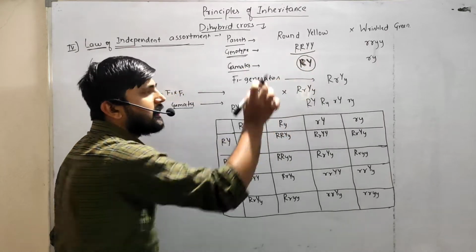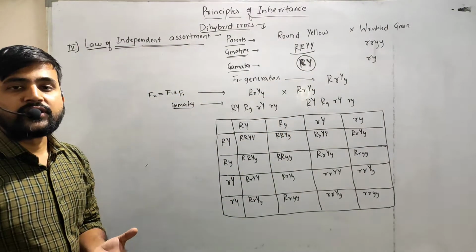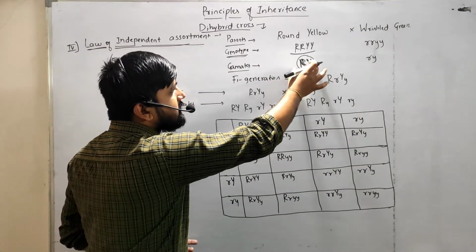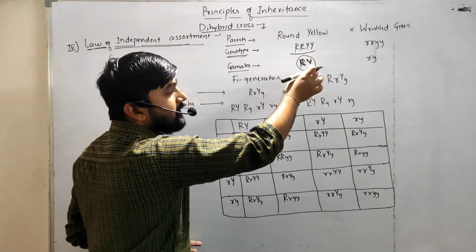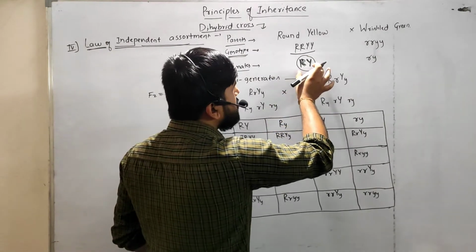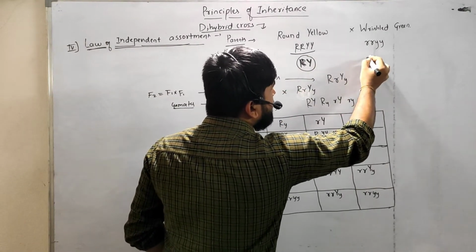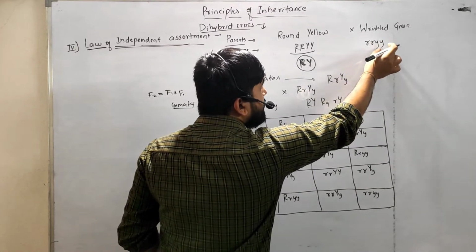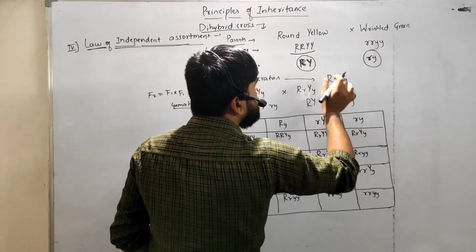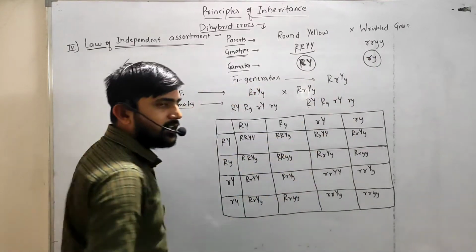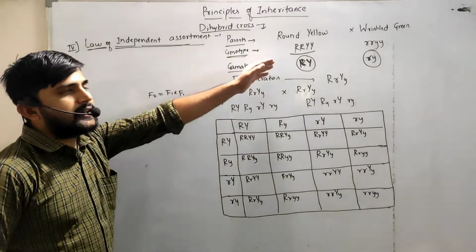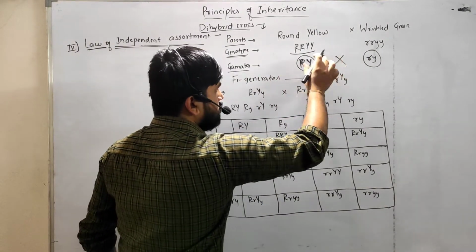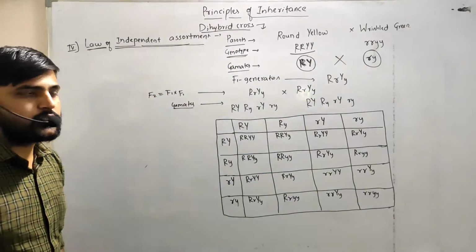So this is nothing but the law of segregation, and another one is the law of independent assortment. Here also we are taking small r from the allele of this one and we are taking one allele from this one. So these are the gametes containing one allele of each character. When you made a cross between these two,